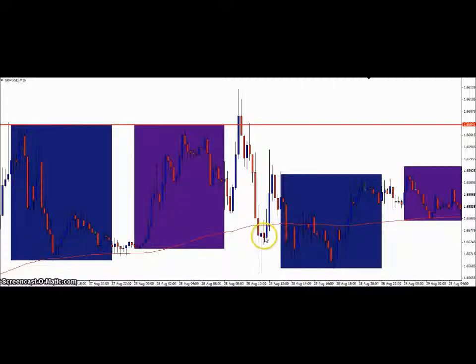Then, if we look down here, once again, we have a huge pin bar. So what's this pin bar doing? Well, look over here, we've got people who have gone long, so they've bought, and down here would be sell orders for their stop losses. So the price has jumped down from here. Once again, big pin bar has taken out all of those stop losses, and that's then pushed the price back